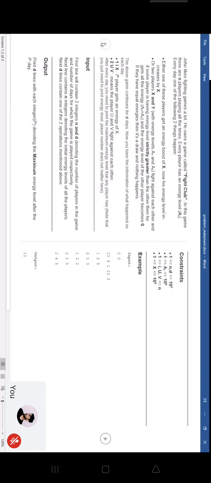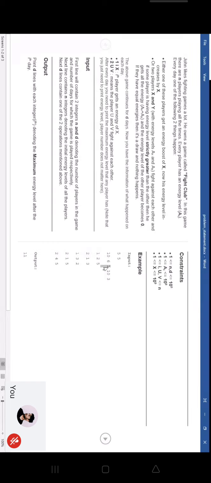So go through the second operation. It is talking about 2-1-3. 2 means fighting operation between 2 players. Between which particular players? Between the first player and the third player. 2 space 1 space 3 means there will be fighting operation between the first player and the third player. Look at the initial energy level of the first player. It is 10, and the third player is having 1. So 10 plus 1, it will be 11.